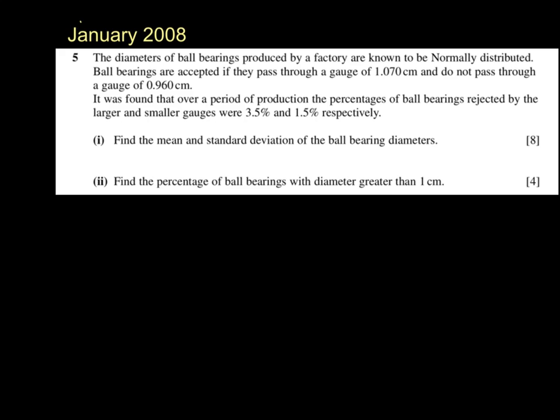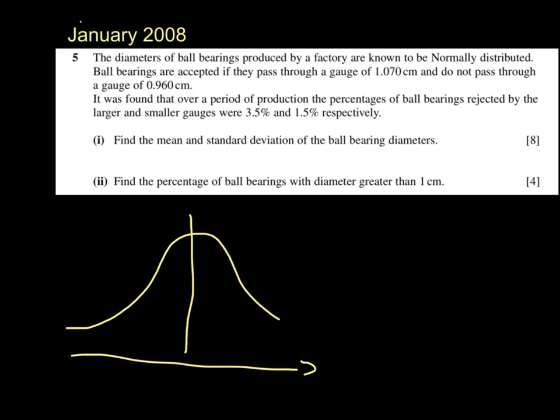S1 January 2008 question 5. Normal distribution. We'll start by sketching a diagram to show the information provided. So ball bearings are accepted if they pass through a gauge of 1.070. So I have 1.070. I'm going to have my mean, and if they pass through this gauge,